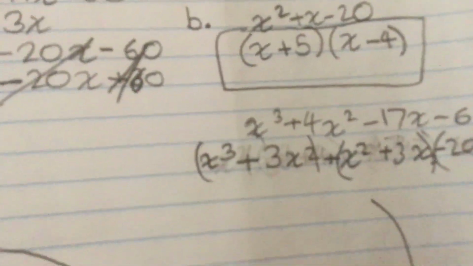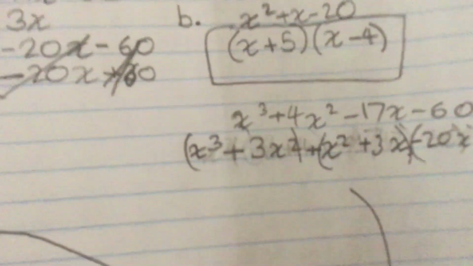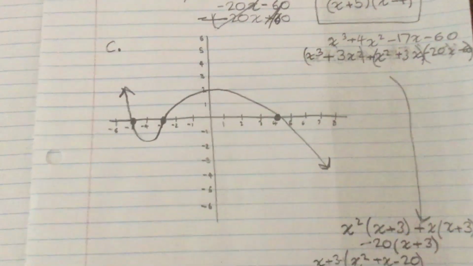And then pretty much I know that this is a positive coefficient, and then an odd exponent, so it was